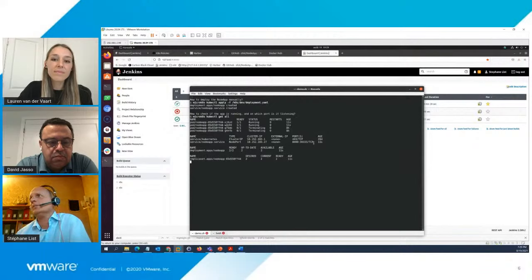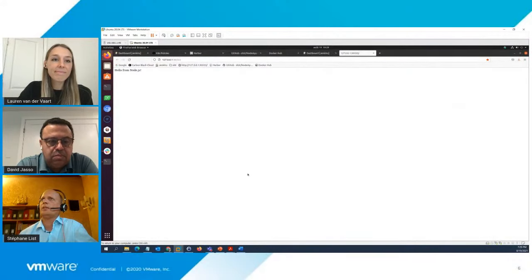Here I can see, okay, it is running and it is listening on port 3333. Let's try to connect to the application. I will use Firefox on this port. I see it's okay. My application is answering, it is listening, and I see hello from Node.js.